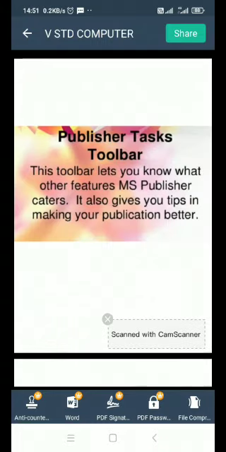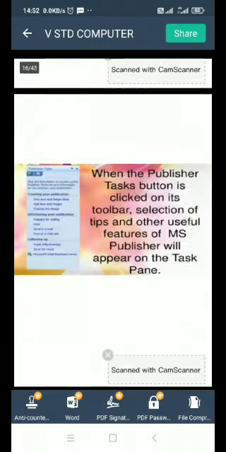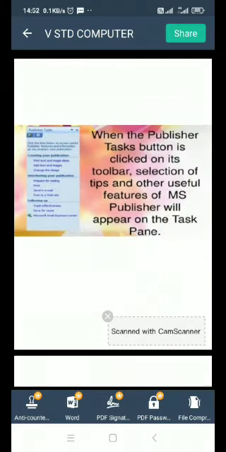Publisher task toolbar. This toolbar lets you know what other features MS Publisher caters. It also gives you tips in making your publications better. We see it. Format publications task pane. And we see the pictures.